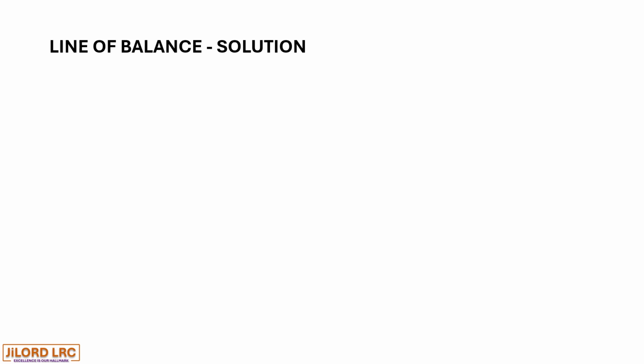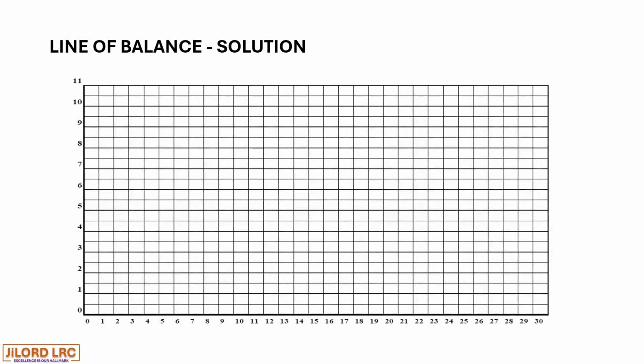We'll first have our chart where we label the horizontal axis as duration in days and the vertical axis as labor resource. We will recall from the question that the installation of piles